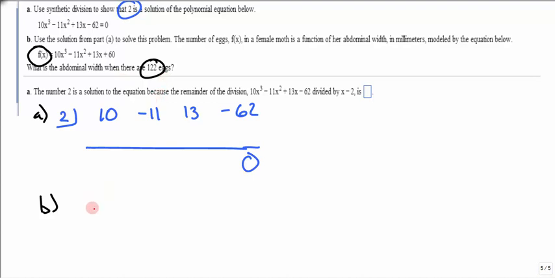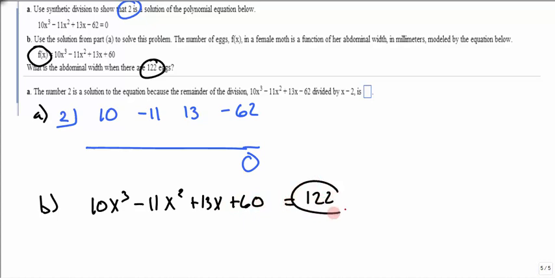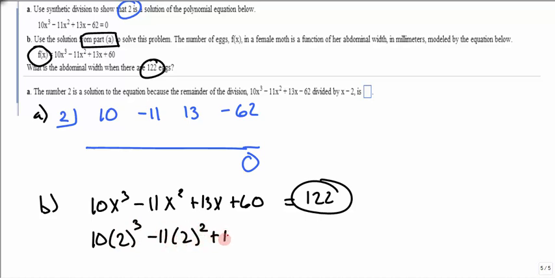So if we wanted to set this up, I could try and figure out 10x cubed minus 11x squared plus 13x plus 60 equals 122. I want to know when this equals 122. And try and solve this. And it wouldn't be an easy thing to solve, but however, they said use the solution from part A. So if I take my solution from part A, which was 2, and plug it in here to just go ahead and double check,